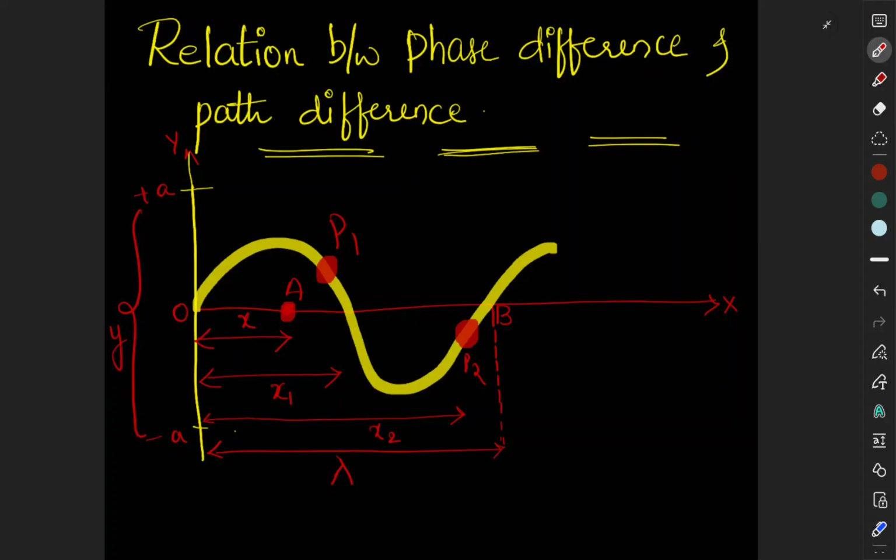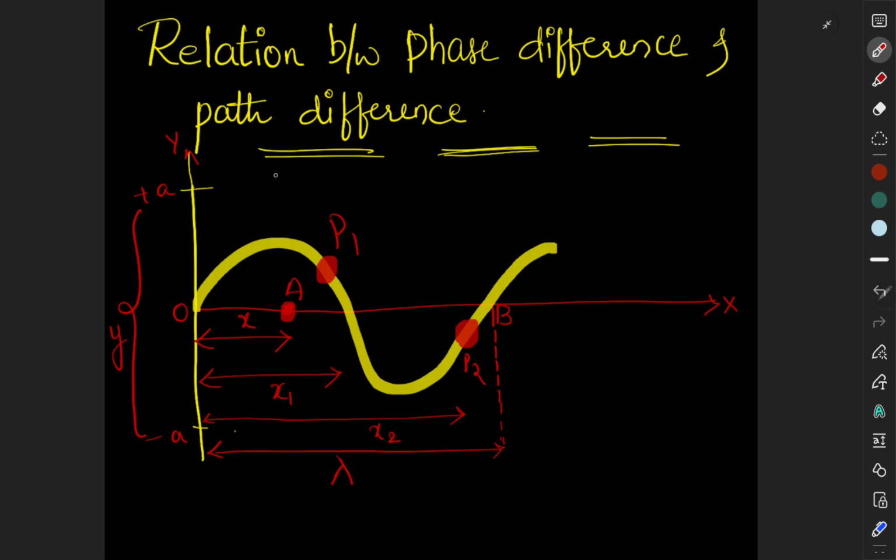Hello learners. Today we'll see the relation between phase difference and path difference. So you can see the wave that is represented here. We have discussed earlier the basic terms or the definitions of the waves, right? So this is the amplitude. Here, lambda. What is lambda? Lambda is the wavelength,